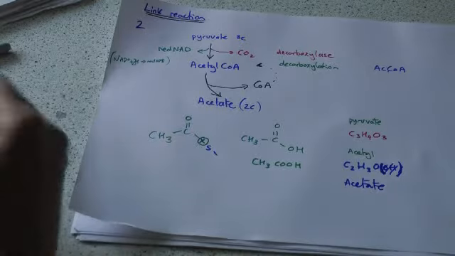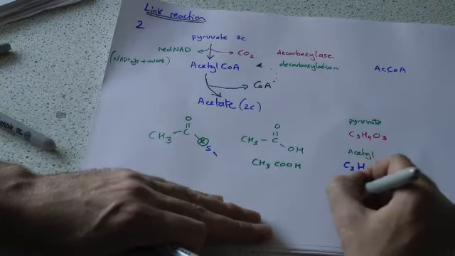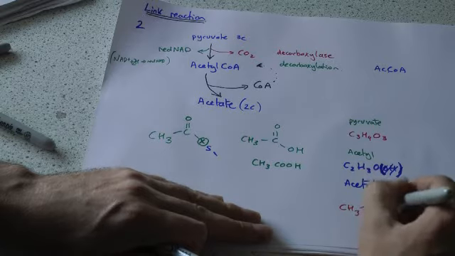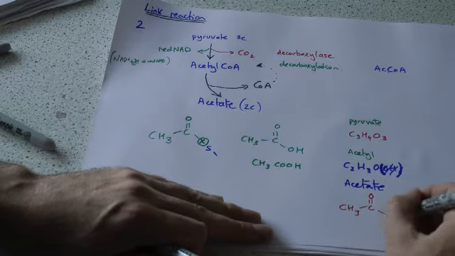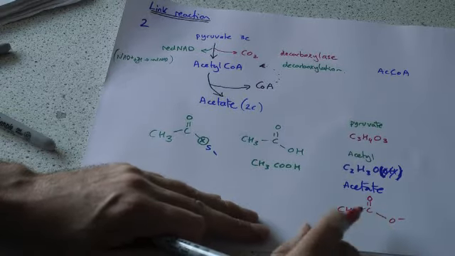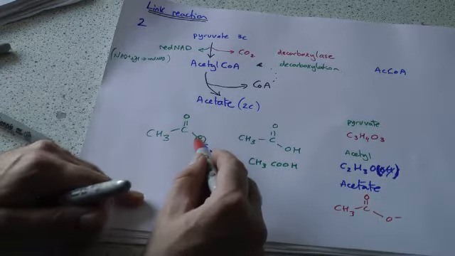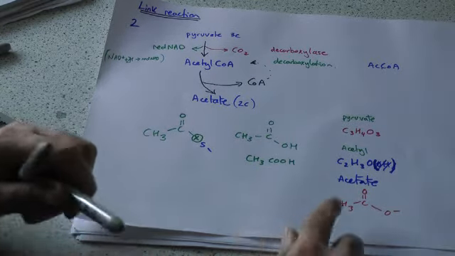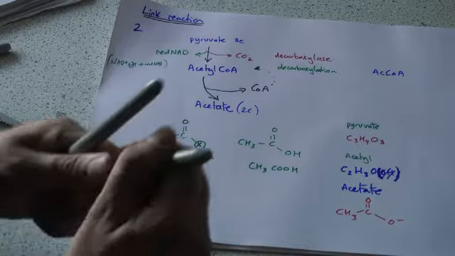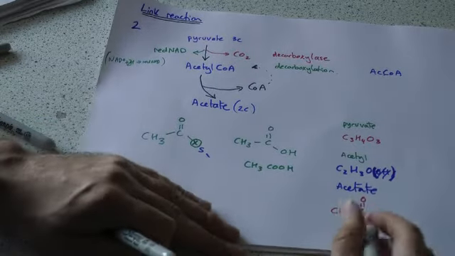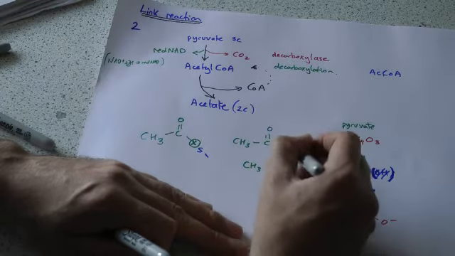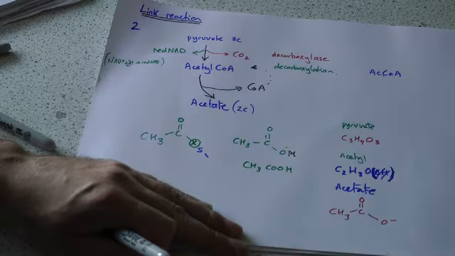Now, if we then look at the acetate, which is where it goes actually into the Krebs cycle. If I draw acetate for you, here it is in the kind of structural version of it. You can see that actually it's just this acetyl group, except we've got an O minus on it. It's this with the end knocked off, if you like. So in fact, you'll also find that that's sometimes called, and if you followed the working of this, remember that was acetic acid. If you get rid of that so it becomes ionized,